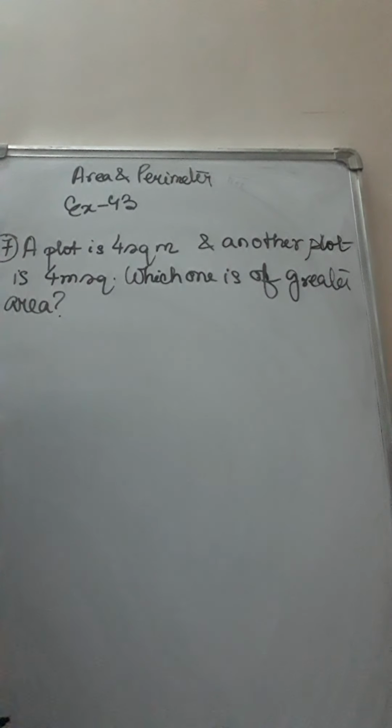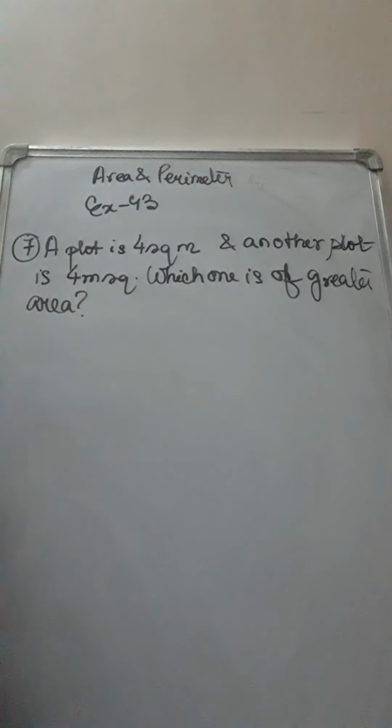Class 6, we are continuing with area and perimeter sums, problem sums. You all know how to find the area and perimeter of the two types of geometrical figures, that is square and rectangle. And our focus will be on only these two types of figure. Now, what is given in the sum?